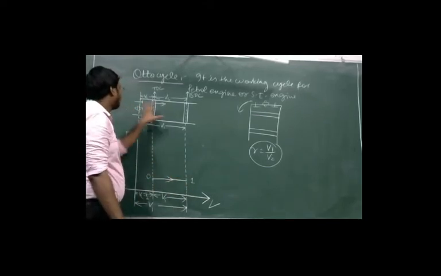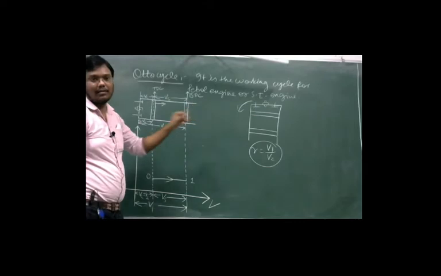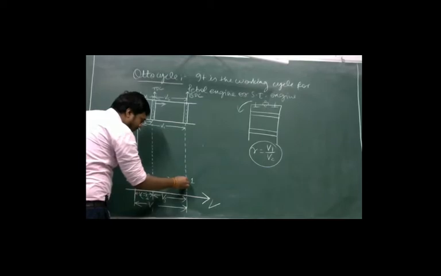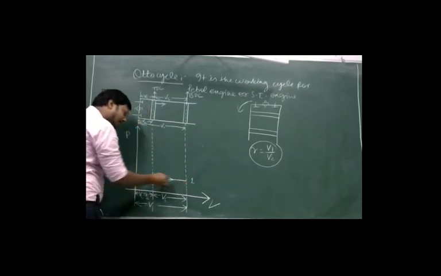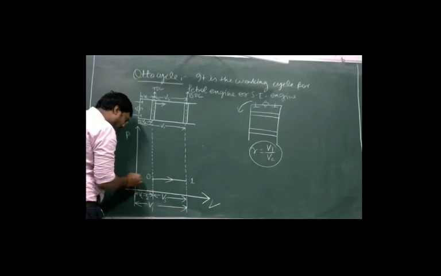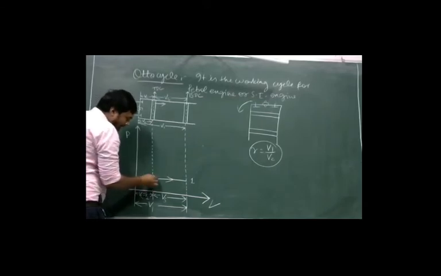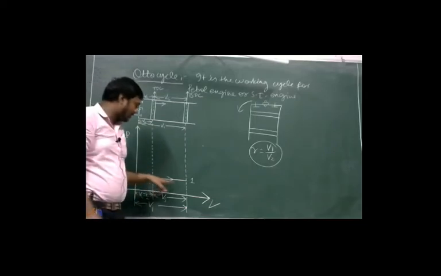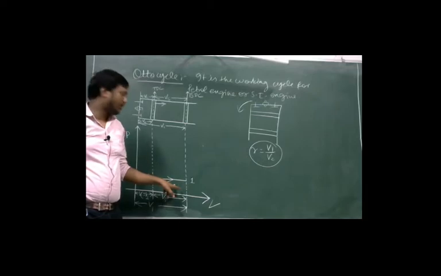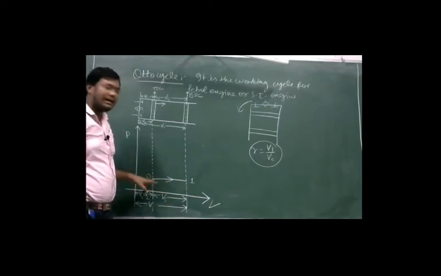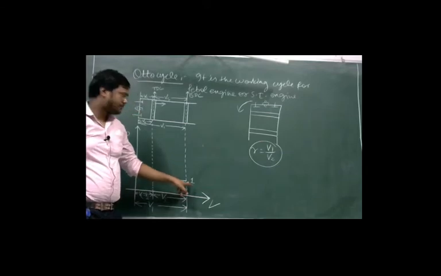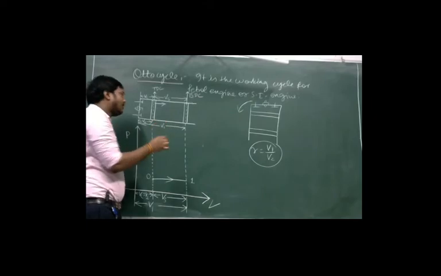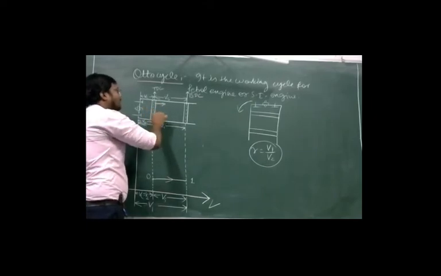and the fresh air-fuel mixture comes inside the engine cylinder at constant pressure. So from 0 to 1, if you take any point, pressure will remain the same. Pressure is represented by this point, this is the value of pressure. So at any point of this line, pressure will remain the same. So this is the constant pressure suction process completed. The suction stroke is completed, and we are now at point 1, means at BDC. Now the fresh air-fuel mixture is inside the engine cylinder.